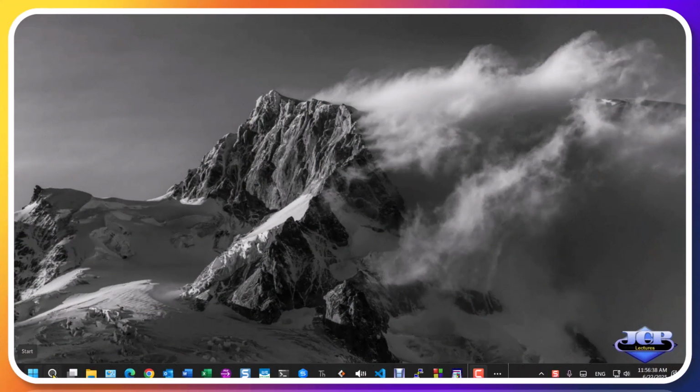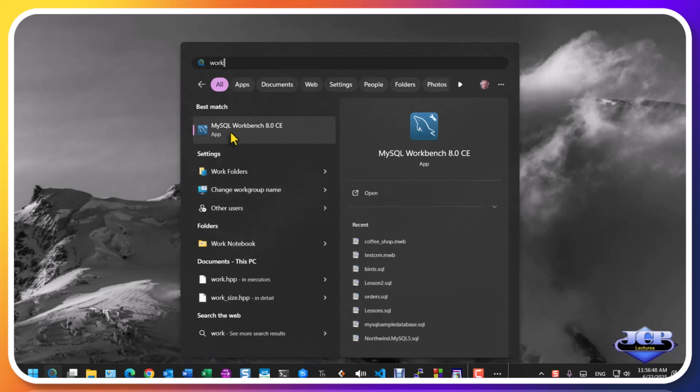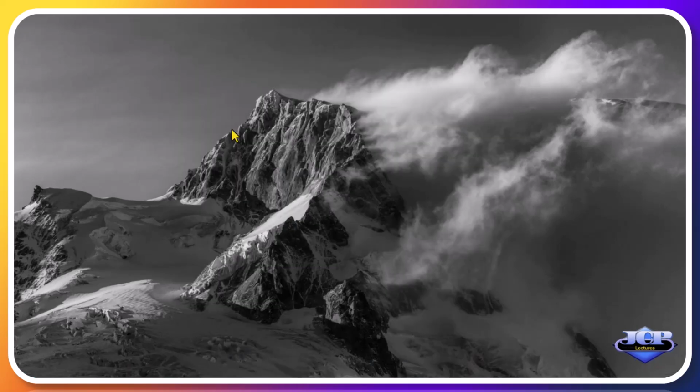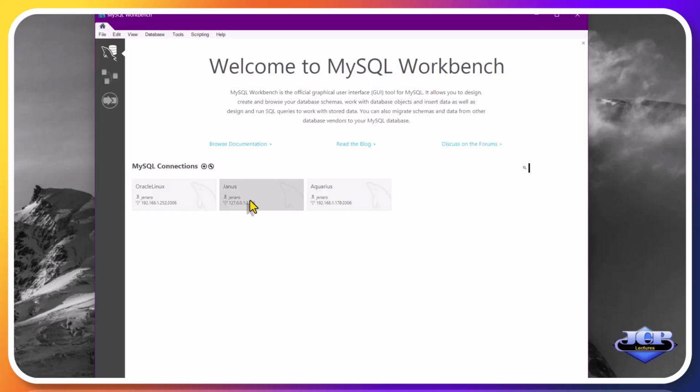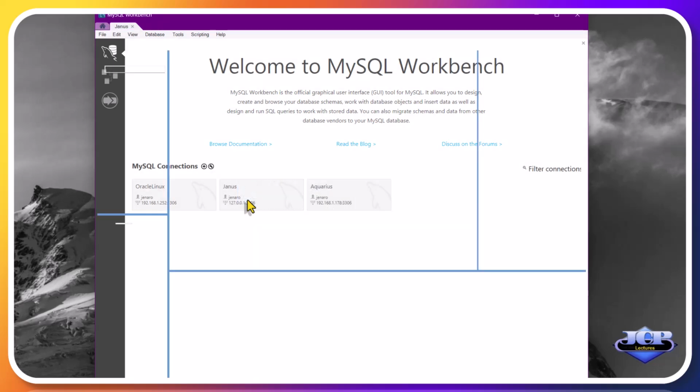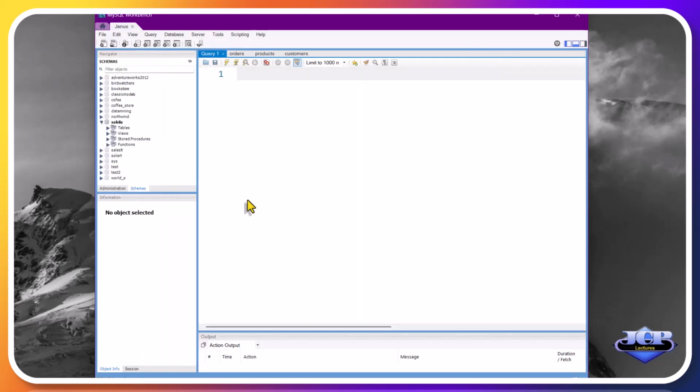Now let's add a database to store the visitors. Open the MySQL Workbench. I will open my localhost and choose Database Test to create a new table.